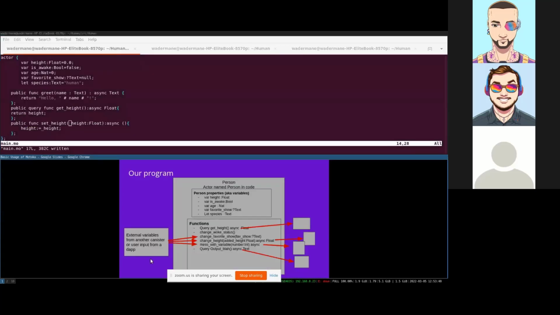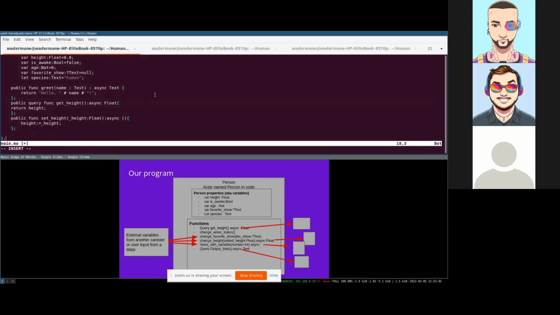I should implement a few of these just to save time. I'm not sure how long I have left. We'll change our favorite show. So instead of it being null, we'll change it to something else. So public func, again, we're changing the property canister, so you're not going to use query. You're going to do change favorite show. Then you got show text sync, and then